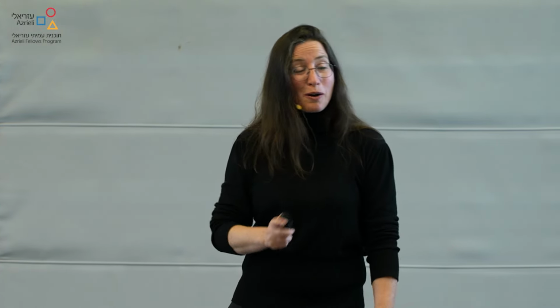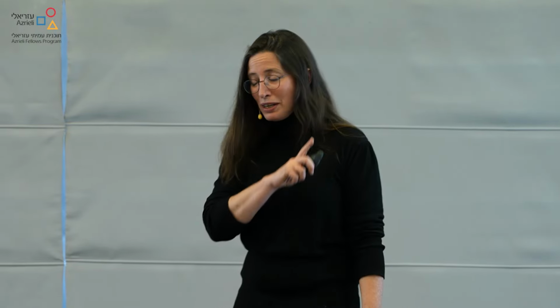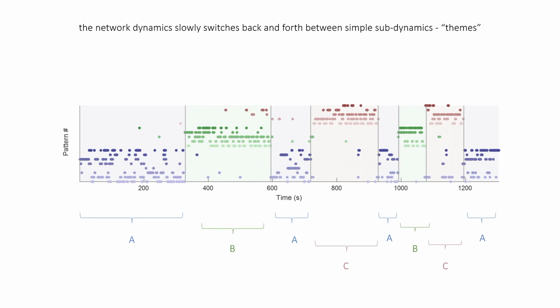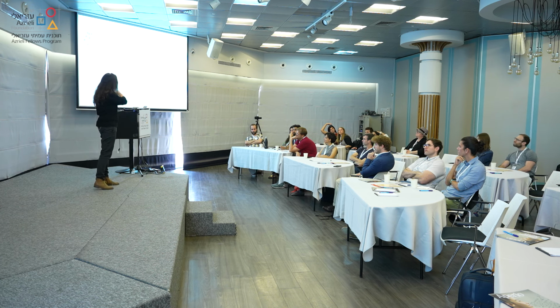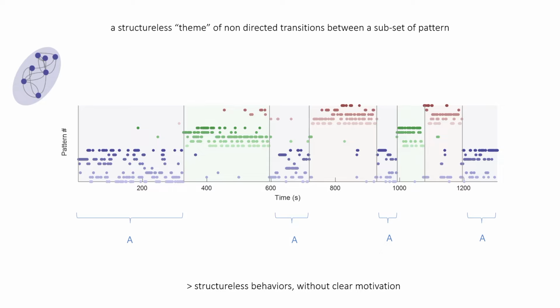Now, we don't have the time to go into the behavior. It's complex, so you will have to trust me on that. What we do is we just color the patterns differently as per the theme that they are part of. And when we look back at the behavior, we see that this blue theme occurs when the animal